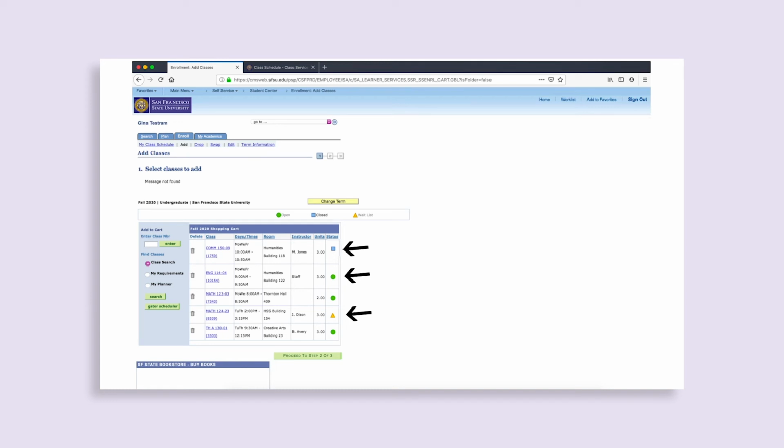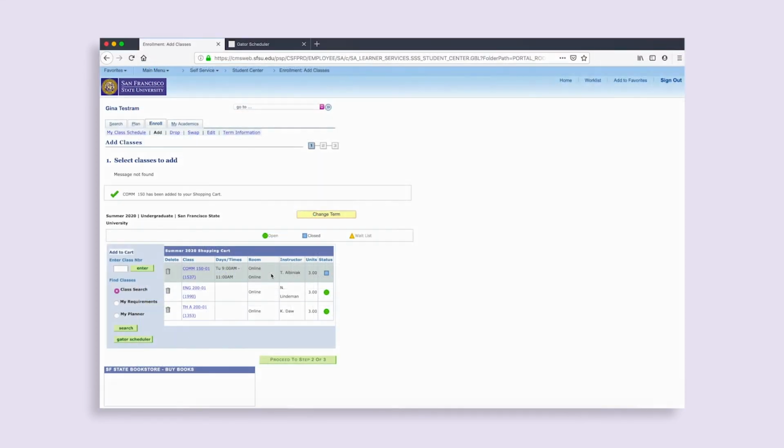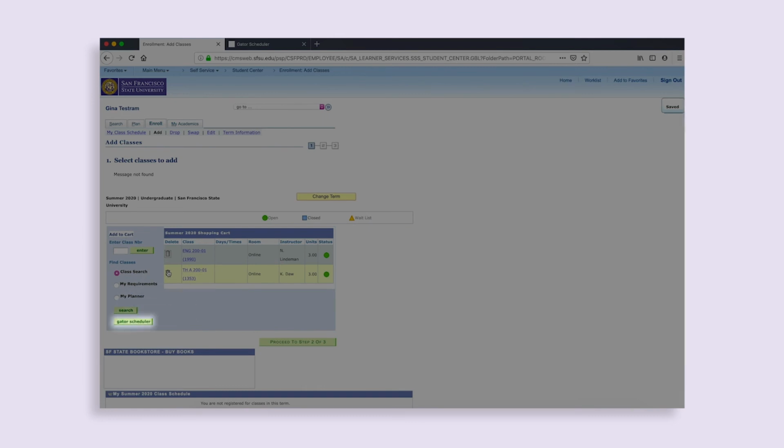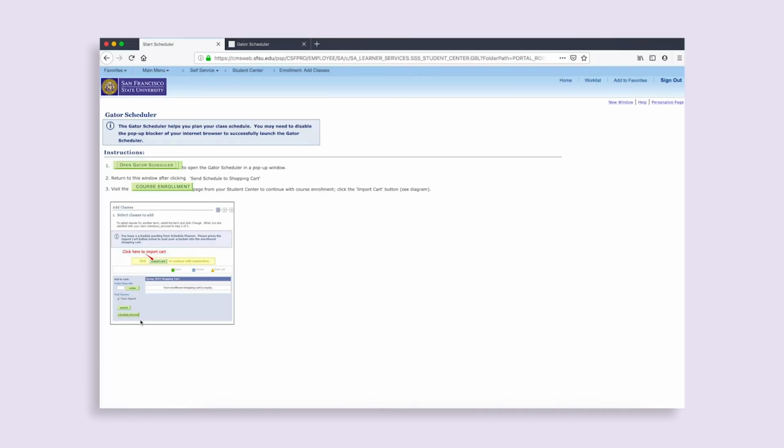You will leave your first choice courses in your shopping cart ready to go for when your enrollment appointment starts. You have not officially registered in these courses yet. When your enrollment appointment time starts, you should return to your shopping cart to finish registering. If you are preparing your schedule before your enrollment appointment time and you have selected courses that are closed or waitlisted, we recommend that you remove these courses from your enrollment area using the trash can icon. Then go back to Gator Scheduler to search for and add new courses into your shopping cart.